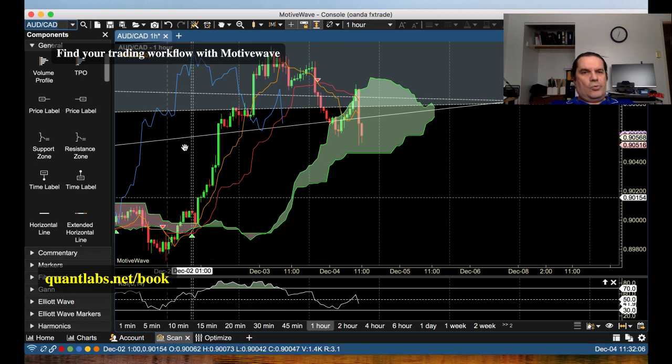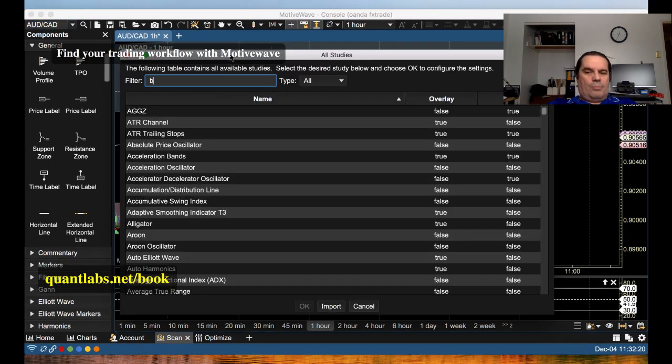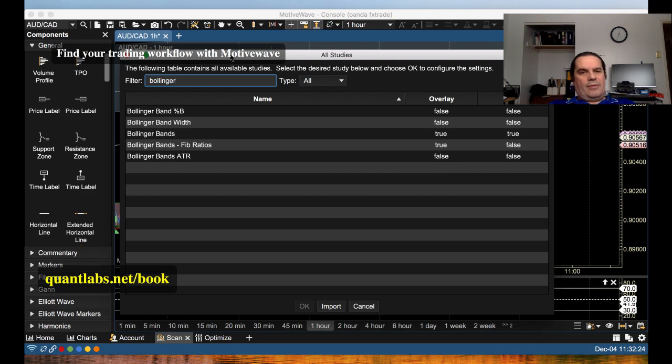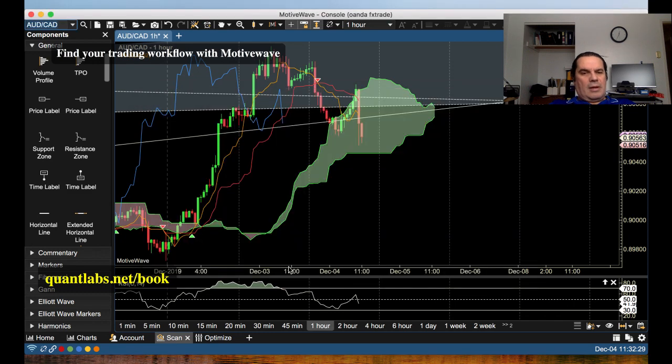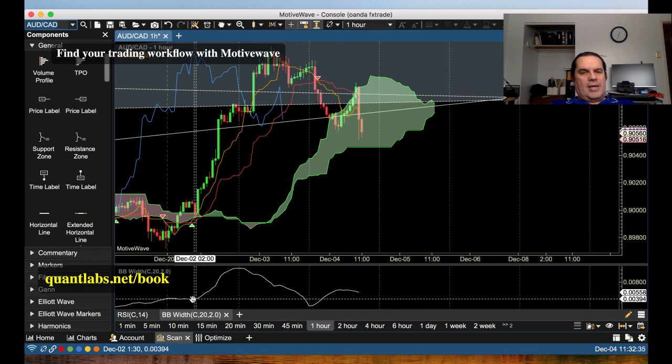But if you were to use the Bollinger band width, which I kind of like. So Bollinger bandwidth right here. Okay, let's do a default. So about right here on this entry, that would have been a good one for an entry. This would not be hard to automate if it was for a particular instrument, but